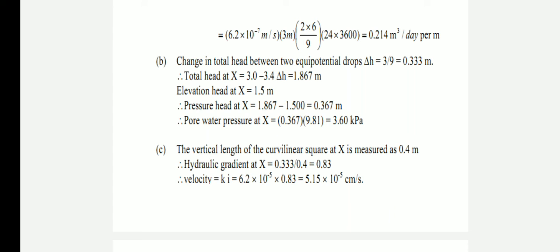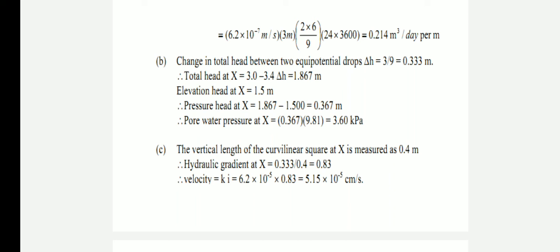Okay, so next, the second, that is the change in total head between two equipotential drops, that is delta H. Then we have the values, that is small h and capital H. So small h divided by capital H will give delta H, that is 0.33 meter. So total head at x is equal to 3 minus 3.4 delta H, which will give the total head value at x as